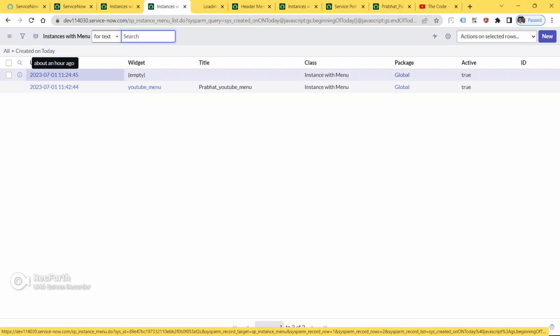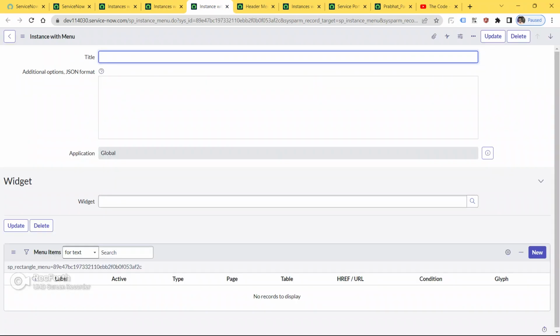Run the filter now. So I guess this is the menu, guys.